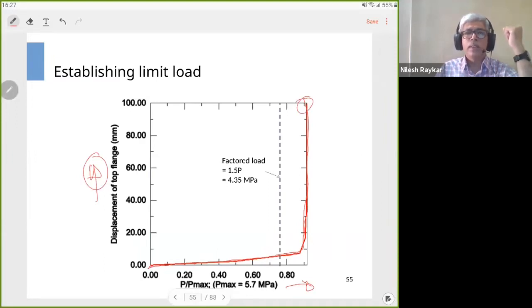So that can be considered as the limit load. If it is a pressure loading, that is a limiting pressure, and there is some factoring which is required. The limit load should be beyond 1.5 times the design load. So if the design pressure is 1 unit, the limit load should be higher than 1.5 units. If your design pressure is 1 bar, the limit pressure should be more than 1.5 bar. So there is a 50% margin between the limit load and design load.